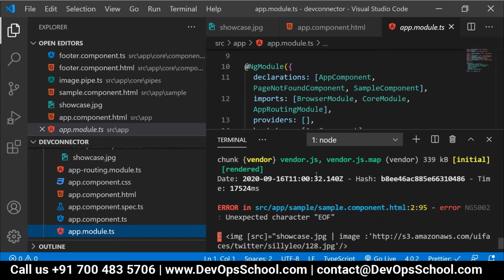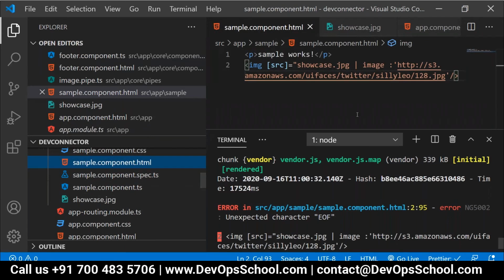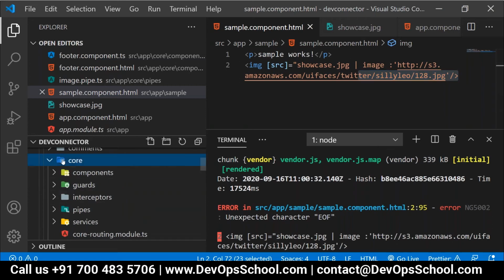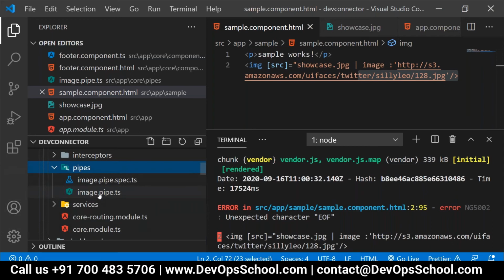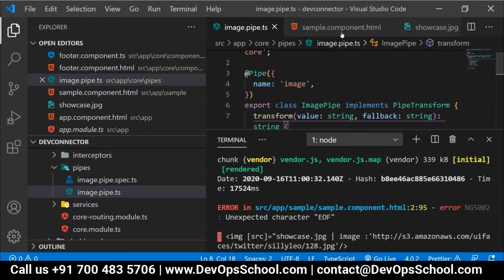Unexpected character at end of file. There is an issue with the. Just a second. It is giving correct only. Showcase.jpg, correct. Because the pipe name is image only, correct.